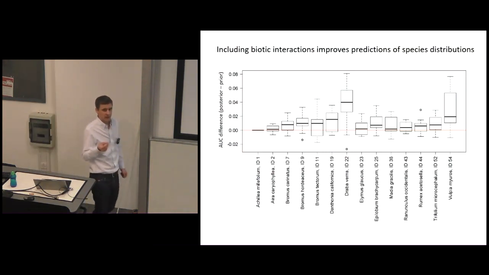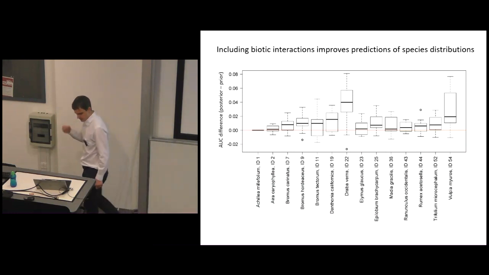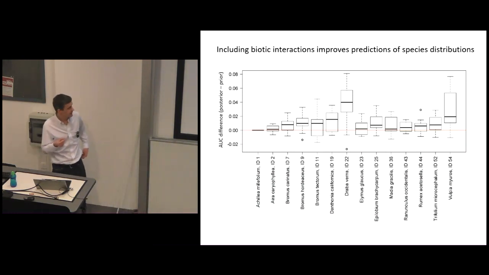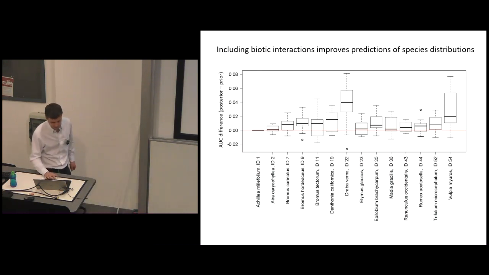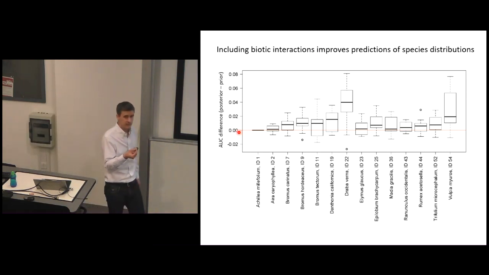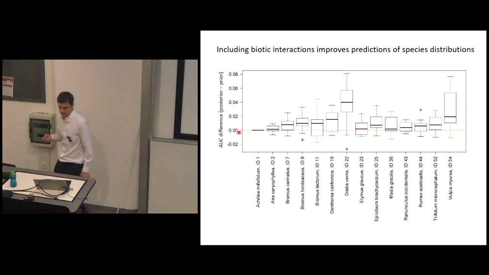Bottom line here is it works. We published a paper in Ecology Letters last year or the year before that basically puts forward this framework and argues that at least we improve our predictive performance. So the y-axis here is a measure of difference between the models without the biotic interactions and the posteriors with the biotic interactions. Anything above the 0 line is an improvement in prediction. Not huge improvements, but improvements nonetheless.